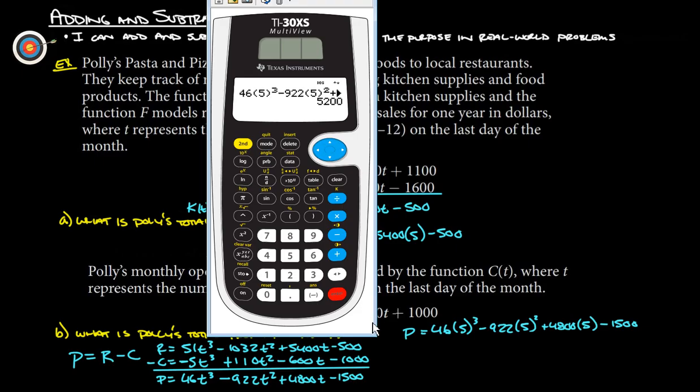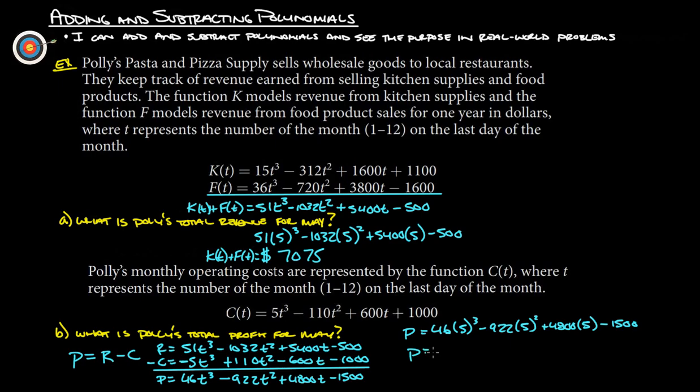And that makes a total profit of $5,200 for May. So that is how much they take in, but they have to subtract out how much they have to spend for all of their products and stuff. So they end up taking in $5,200. Not too bad. Okay, all right, we're going to take a look at a couple more examples, but before that,